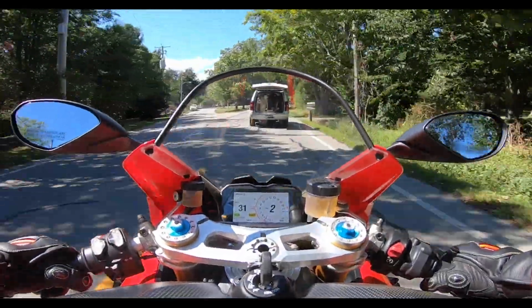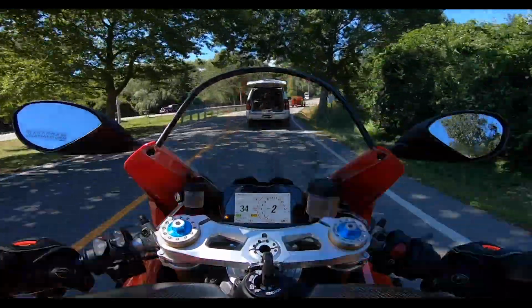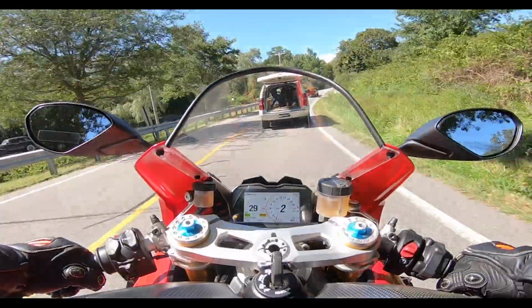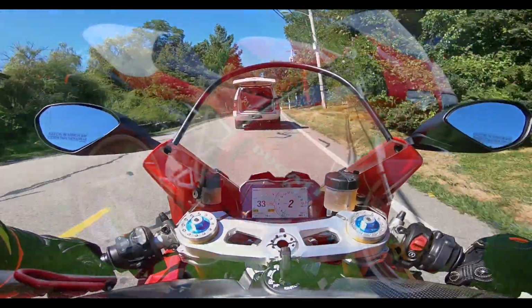And today we're riding a very special motorcycle, the Ducati Panigale V4R. And this is arguably the most pretty bike in the world, second only to the Ducati 916, my favorite motorcycle of all